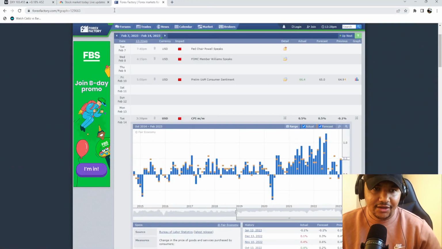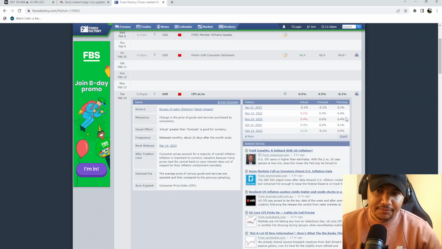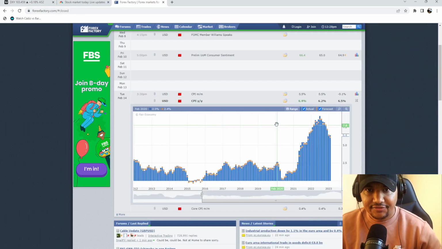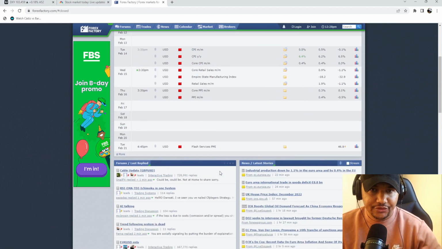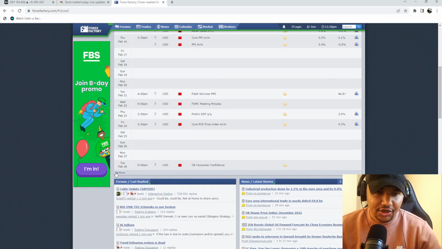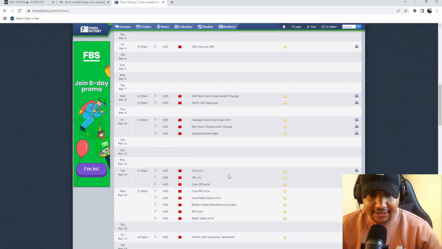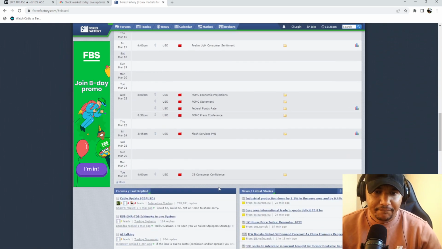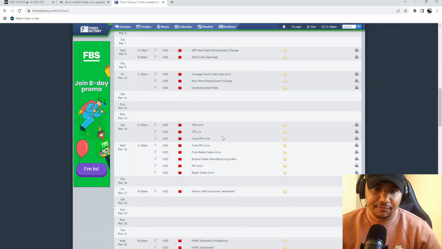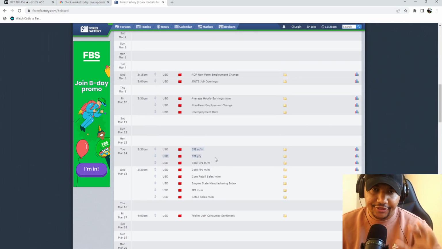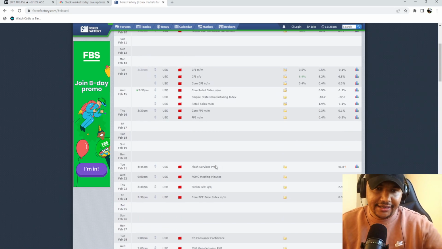Basically, what that means is now we have a market that is not showing signs of cooling as it did before. That means that we can expect the Fed to become a little bit more aggressive with the interest rate hike. Instead of giving us a 0.25, we could potentially look forward to a 0.50, which is a half a basis point. And we've got another CPI report that we can look forward to on Wednesday the 22nd of March. Again, that will depend on that CPI report, but we can expect the market to react to that as well.